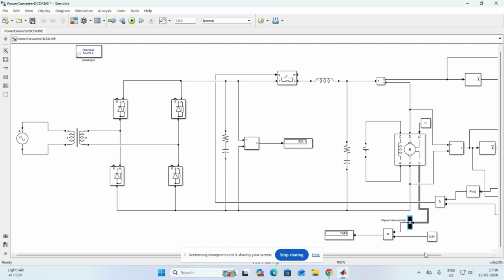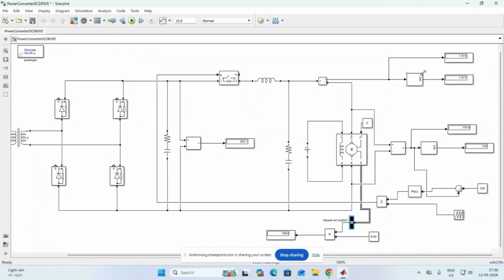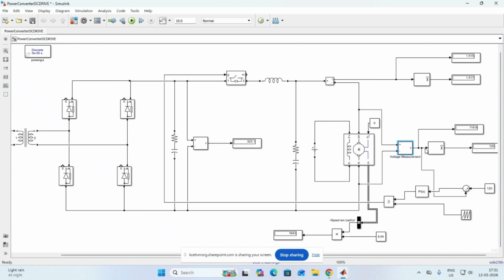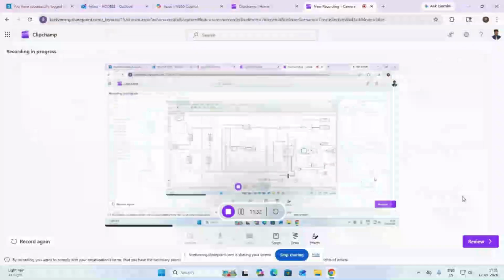And then other measurement blocks we have connected across the load. This is for voltage measurement across the load terminal, that is the motor. And we have incorporated a closed loop system. See, I am measuring the actual voltage and the set voltage I have given here. So based on the error value, this is the set voltage, and